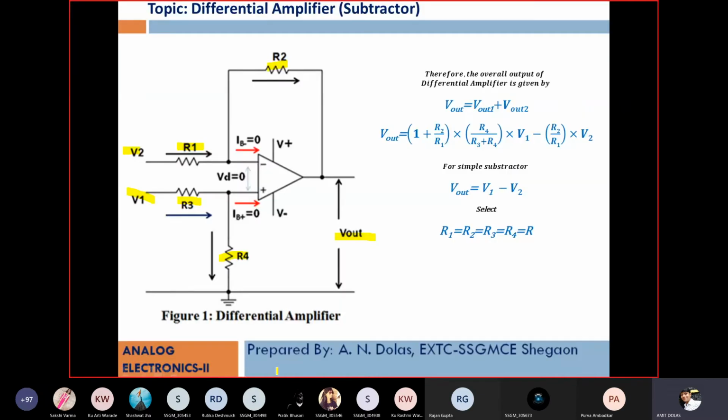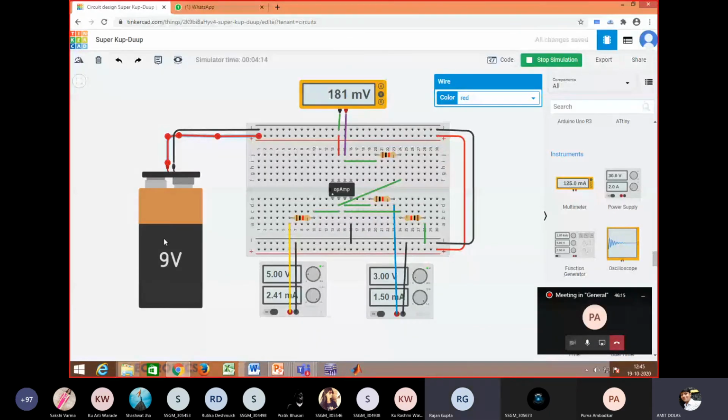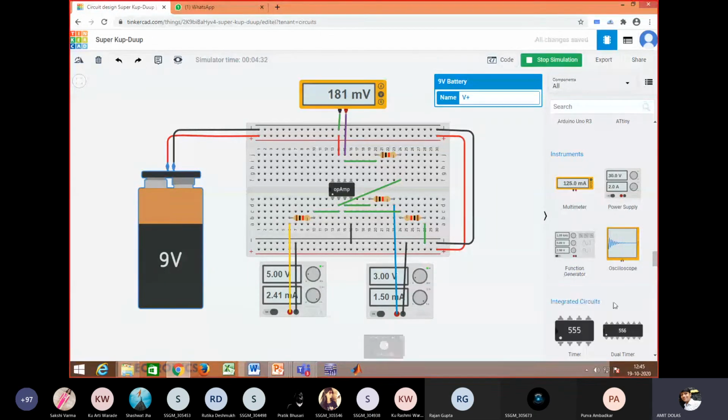Okay, so there is a very simple solution. As you can see here, the plus supply is with respect to ground and the minus supply in the schematic is with respect to ground. Whatever supply we have in this circuit is a 9-volt single battery, and a single battery, even though it has two terminals positive and negative, is not treated as a dual power supply. It is definitely a single power supply. So we need two batteries to provide a dual power supply.